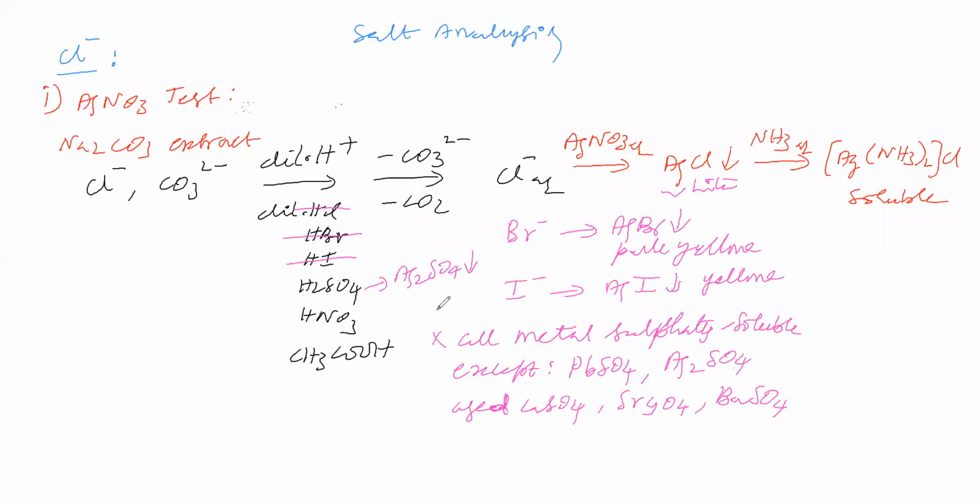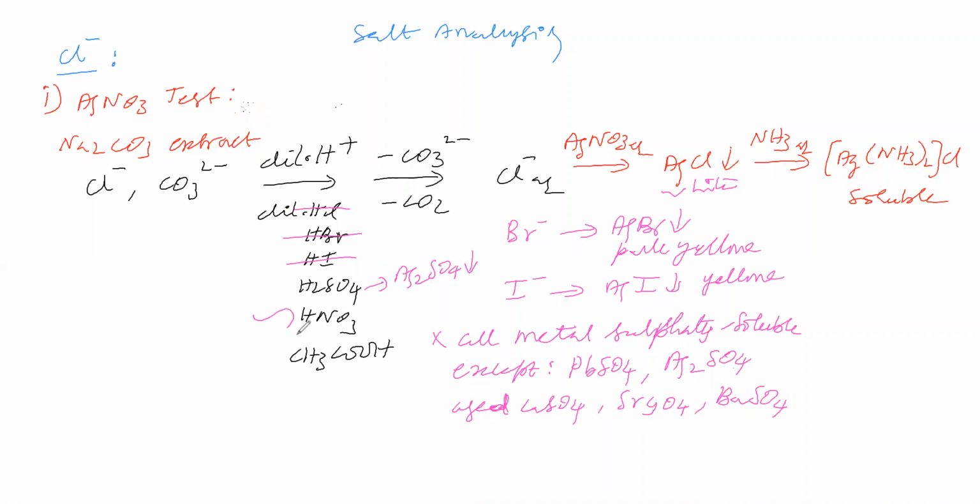Okay. Now, we cannot add sulfuric acid, because this sulfate and silver becomes silver sulfate. Silver sulfate is a white precipitate, so we cannot add. Next, we will see dilute nitric acid. If you add dilute nitric acid here, what will be there? NO3 minus will be there. NO3 minus with Ag plus is silver nitrate. Silver nitrate is quite soluble. Therefore, we can add dilute HNO3. In place of dilute acid, we can add dilute nitric acid.